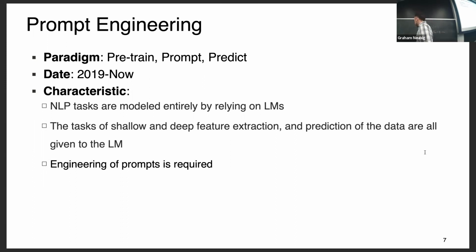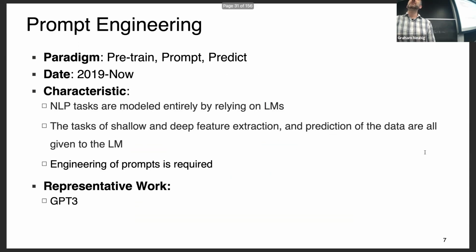However, now if we just have a language model and we don't give the language model any bias about what task we're trying to solve whatsoever, it'll just act as a language model. And if you remember, if I didn't properly specify to the language model what I wanted it to do, I would write something like Barack Obama's job is, and then it would follow with one of the most difficult things in the world or something like that, which is not what I wanted. I wanted president of the United States or former president of the United States and motivational speaker or other things like that. And then representative work could be GPT-3 or a number of other things I'm going to talk about this time.